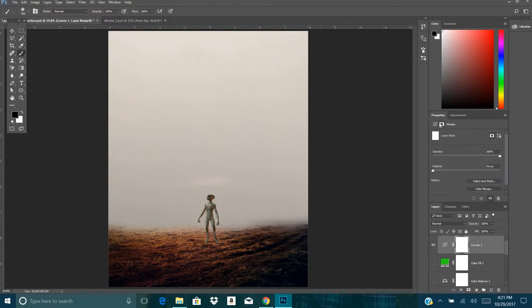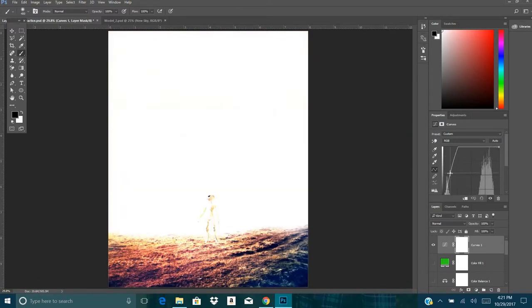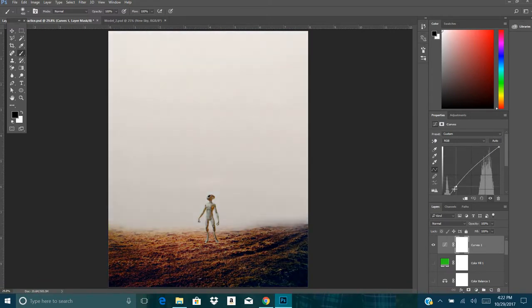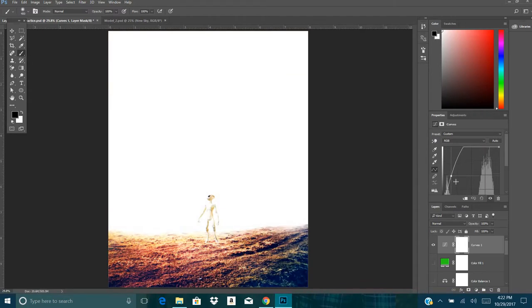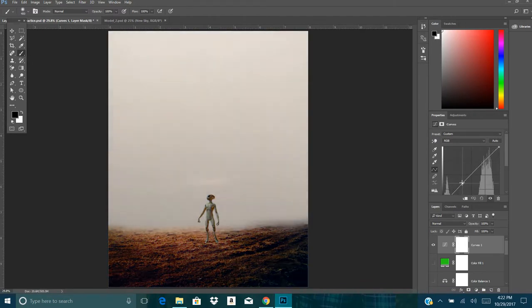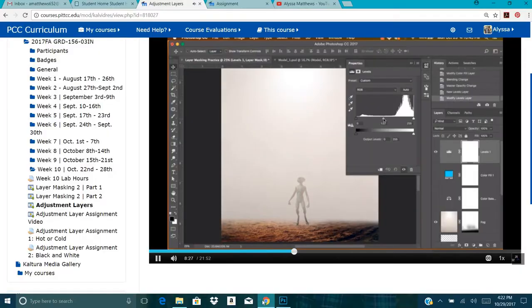If I take that back, I can push the white towards the left, and as you can see, the highlights start to get brighter. And if I take the midtone slider and push it towards the right, the highlights and the shadows start to get a little bit darker. Push it towards the left, it becomes less contrasty, and the highlights and the shadows start to become brighter. All right,